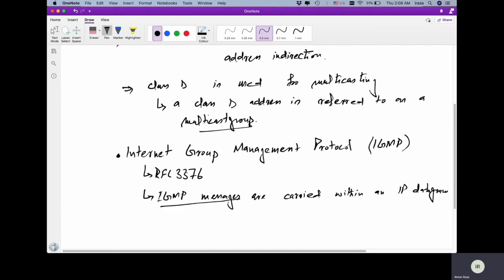IGMP has three types of messages. Number one,